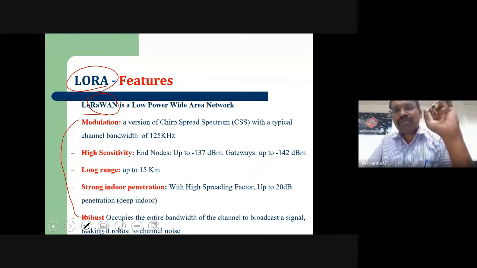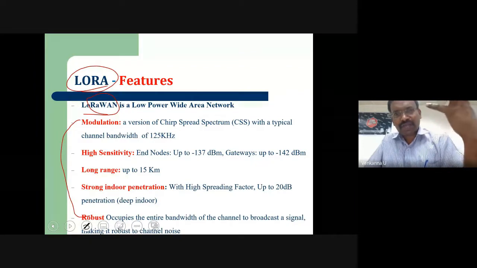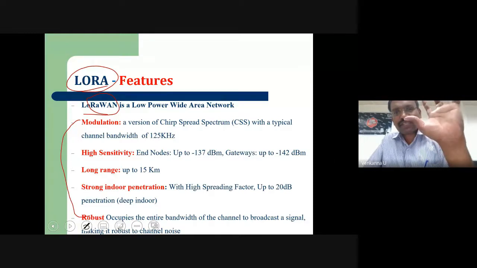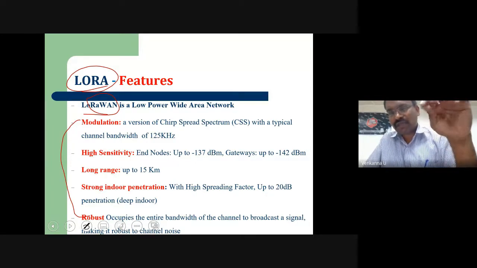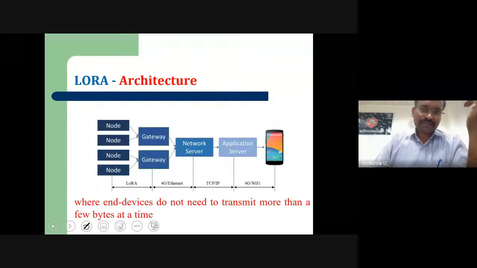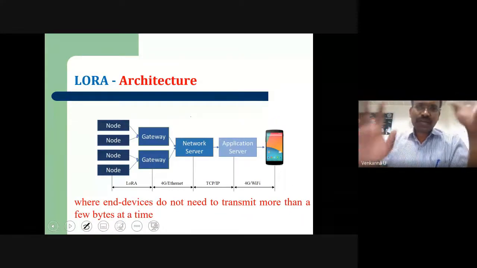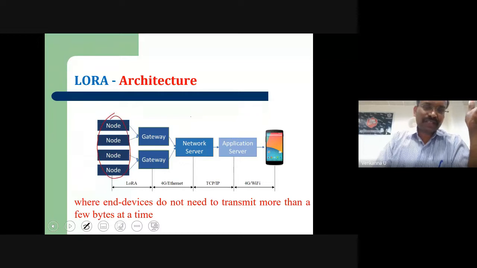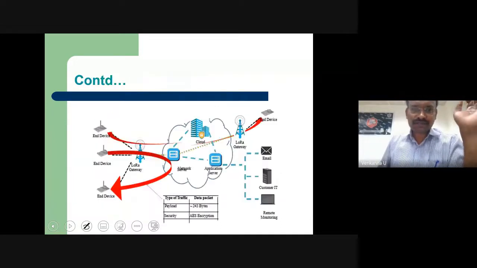Because we are computer science engineers, though some of you may be electronics students, our focus is how to establish a network and make network communication possible. That's all our goal. The modulation technique is what the communication graduates are going to look into. Now, when you make a LoRa network, all nodes are connected through a LoRa gateway to the cloud, then to the application. This is the LoRa architecture.